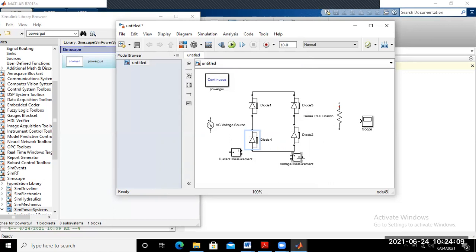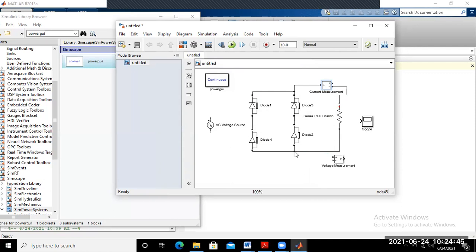Okay. So the meter is placed here. Suppose if you want to measure the current waveform, this one you may connect to this one, to this one. And this load is connected, suppose this one to this one, and this load is connected to this one.